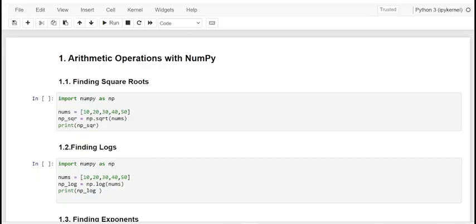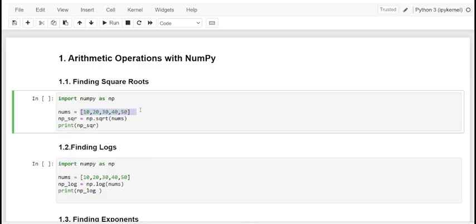For finding the square root of all the elements in the list, we are just going to make use of the square root function, that is sqrt. Kindly have a note of it. Here, the list has 10, 20, 30, 40, 50 as its elements, and nums is the variable name of the list.